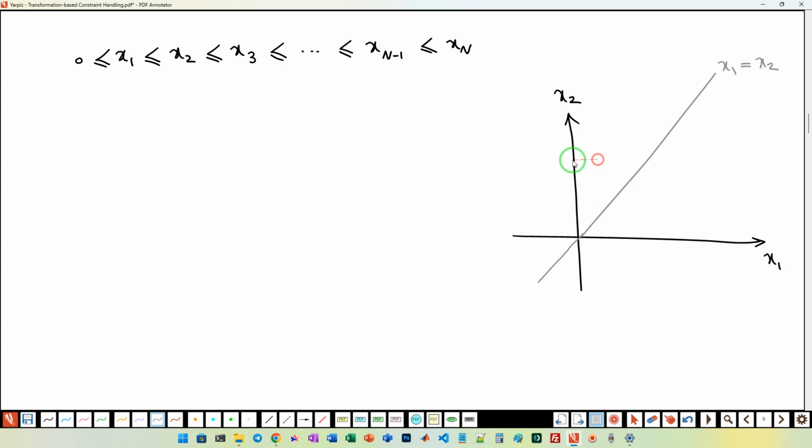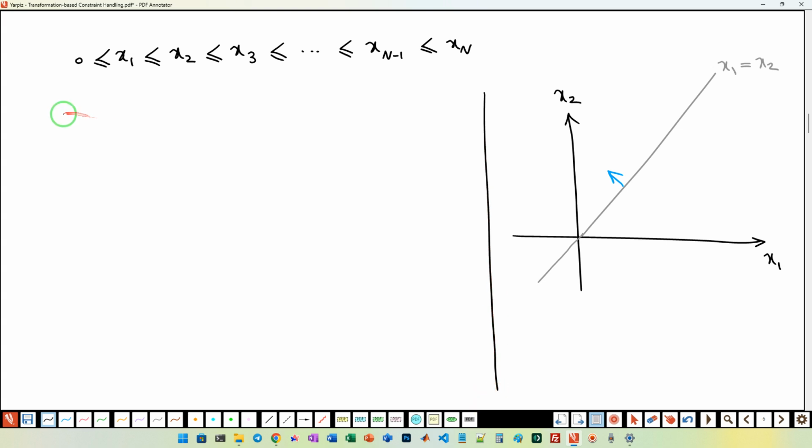So we are only interested in searching this part of our space. In a two-dimensional space, it's maybe easy, but in three-dimensional space, it will be hard to just focus on this part. So how can we deal with this